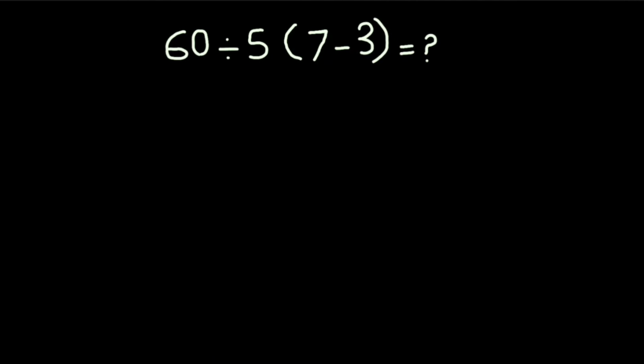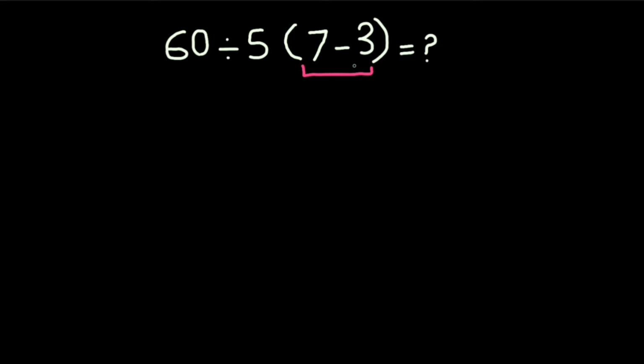Today I want to find the value of this expression: 60 divided by 5 times (7 minus 3) is equal to, now